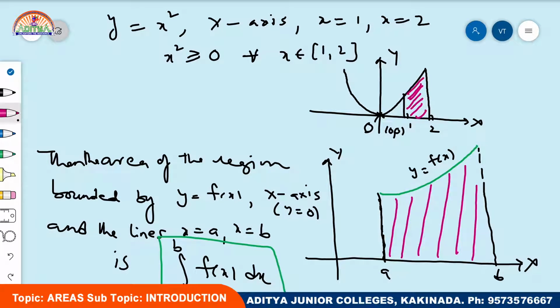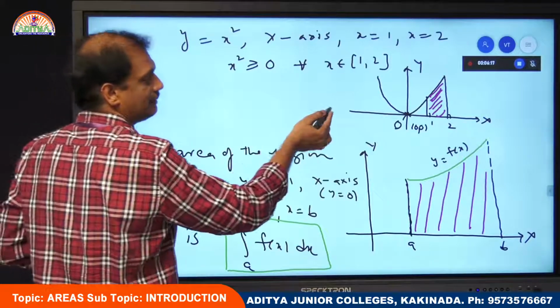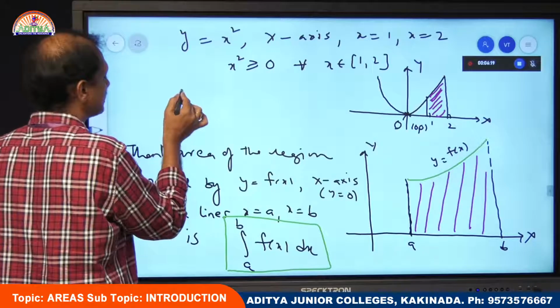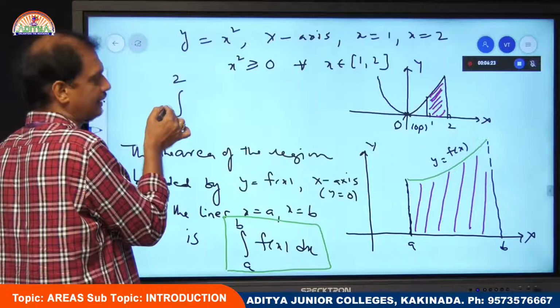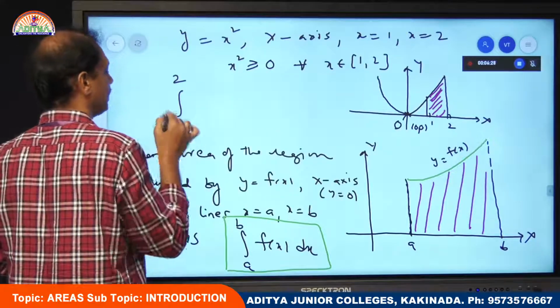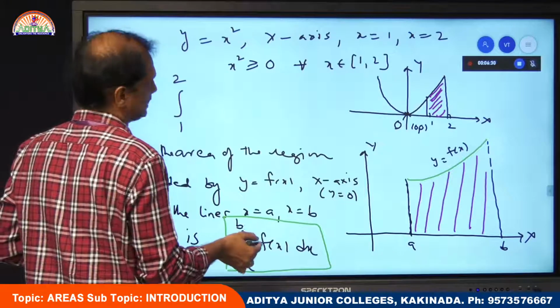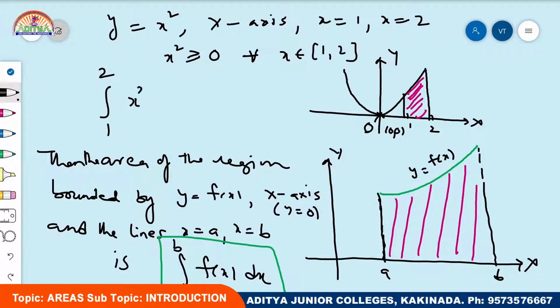Now we can apply the above formula. What is the formula for that? Whenever you have limits along the x axis, you have to consider the limits, first of all, 1 to 2. Why do we write the integral sign? To add all of them, under summation. Integral 1 to 2. What is our f of x? Here y is taken as the f of x value, that is x square into dx, because you are working along the x axis, therefore you have to write dx.